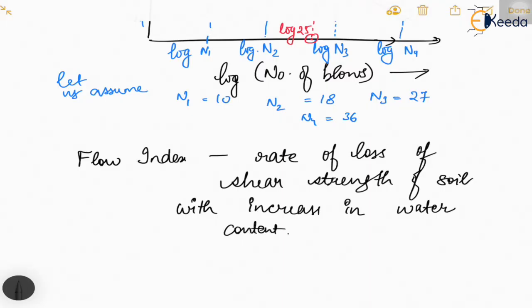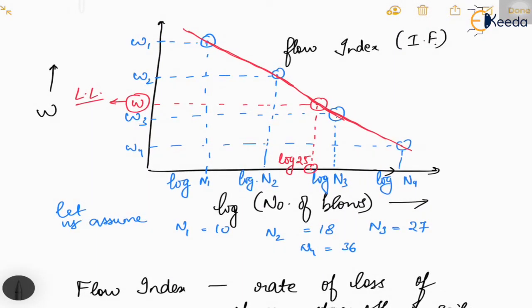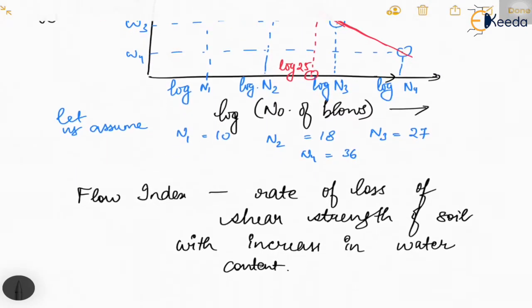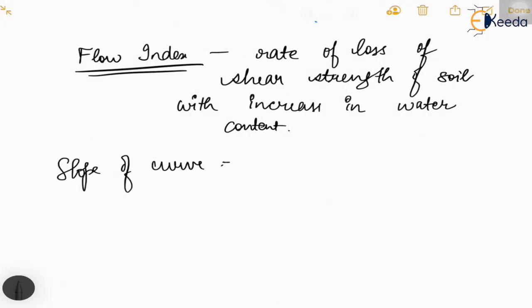So how do we obtain the slope? We can take different values of W, and the corresponding values from the x-axis, and we can find the slope of the curve. It is quite simple actually. So let us take the W1 and W2 values on itself. In the denominator we will get log n1 minus log n2.